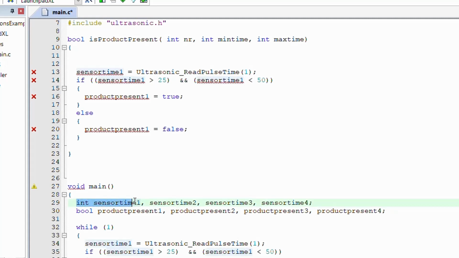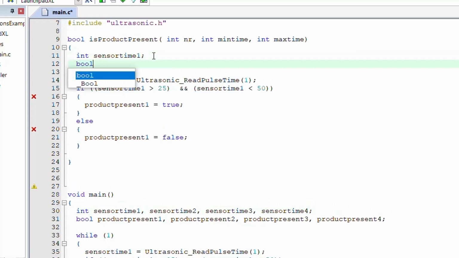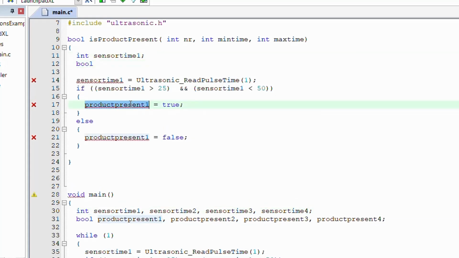So let's just take it from there, and also we would need a bool for the product present. And in our case, there is no relation anymore between the number of the sensor and the variables we are going to use. We just say, okay,